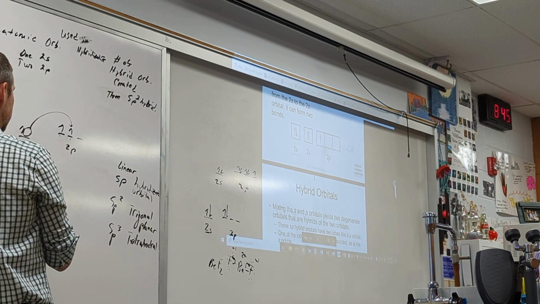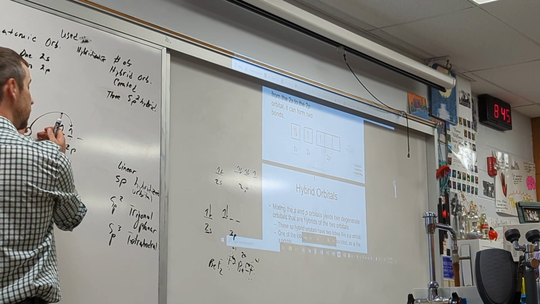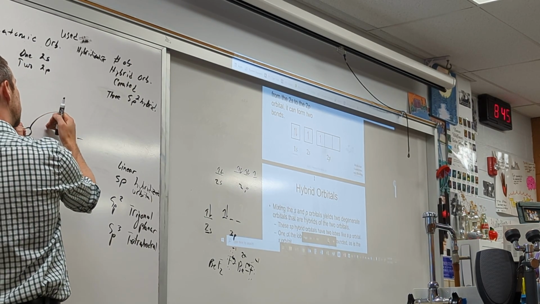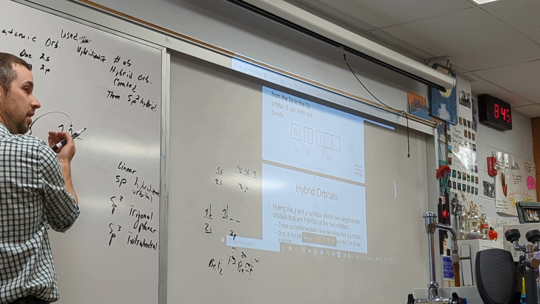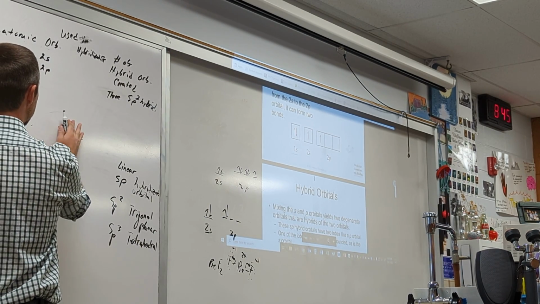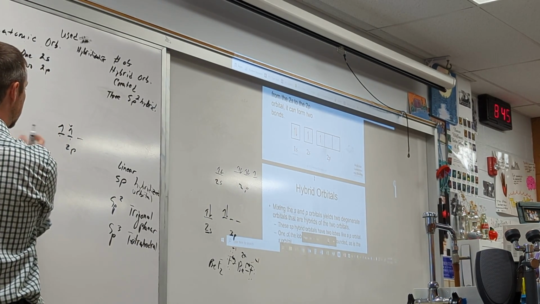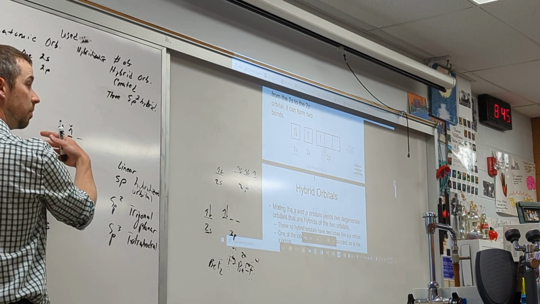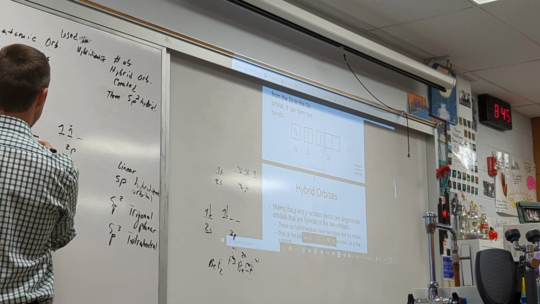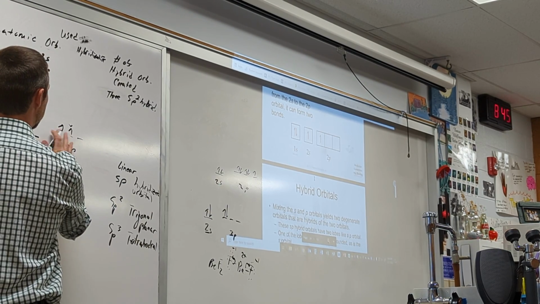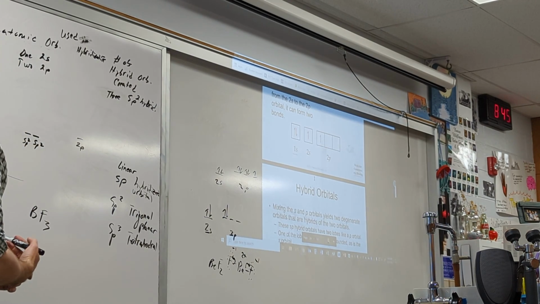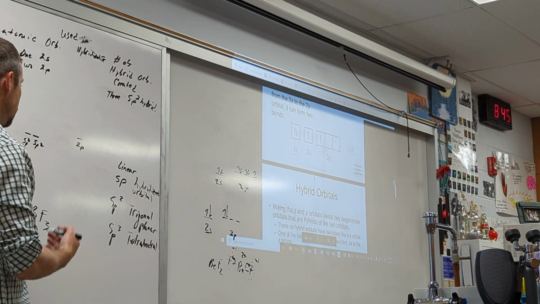So where in energy should those be? Apply the same tactic. Should the hybridized orbitals be greater than the 2s? Yes, because they have some p character. Should the hybridized orbitals be less than 2p? Yes, because they have some s character as well. So how many total orbitals should we have? Notice that was 1, 2, 3, 4. We need to keep the 4 that we originally started with. This is sp2, this is sp2. We mix 2 of these so they go away, and that's still one of the 2p's. So notice we have lost our 2s sublevel.